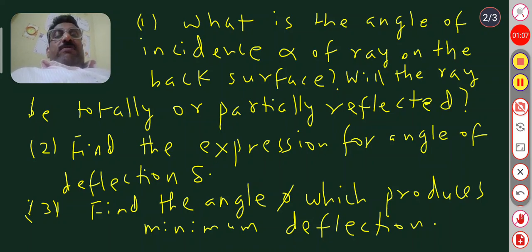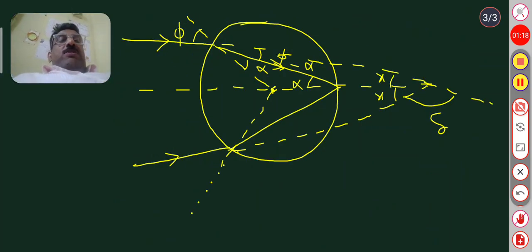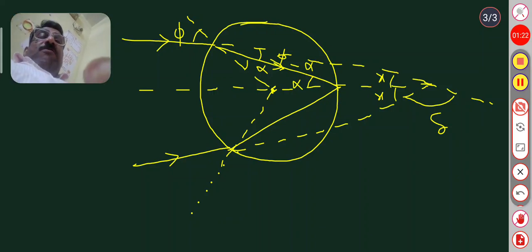What is the angle of deflection? And find the angle phi which produces minimum deflection. So for what angle phi the deflection will be minimum. All right, so here is our diagram. And if we use Snell's law here, what is Snell's law? From Snell's law,